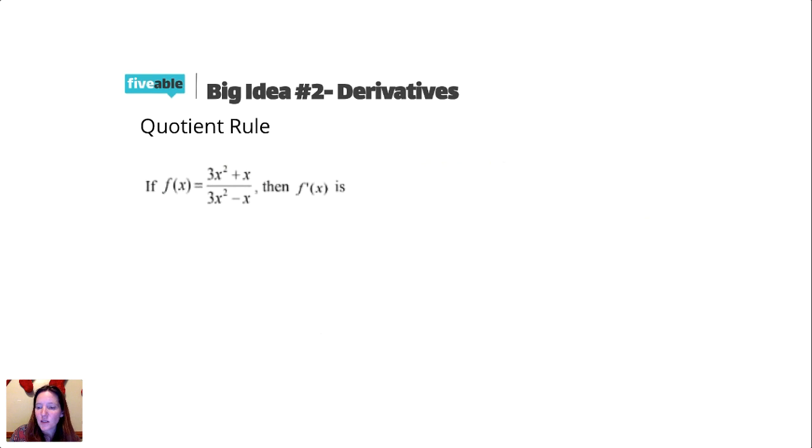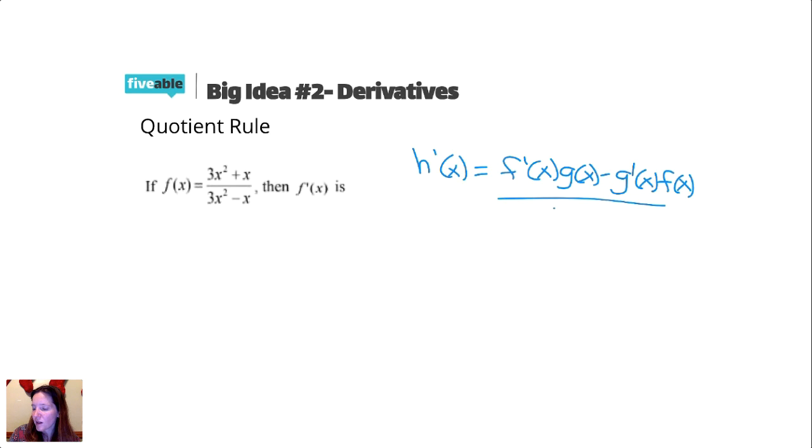Quotient rule is the same thing, except for this time you have a minus, right? And then you have the original denominator squared. So that's the part that everybody always forgets. And honestly, I have no tricks to help you remember that. I usually just tell my kids that's the part you do first. I always say, all right, let's start by writing that down